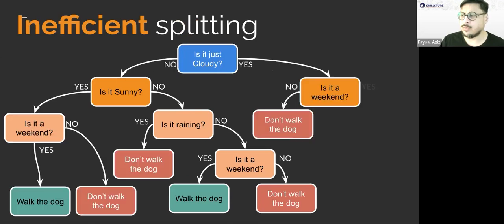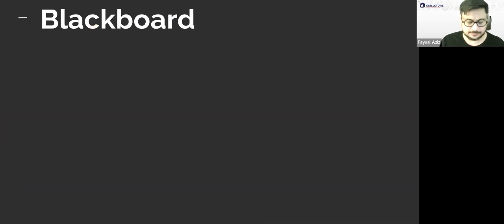So let's see how this actually works. The calculation that one would do for this is, let me just show you a Gini calculation, how it's done. I'm just going to give you a very simplistic example. It's raining and not raining.